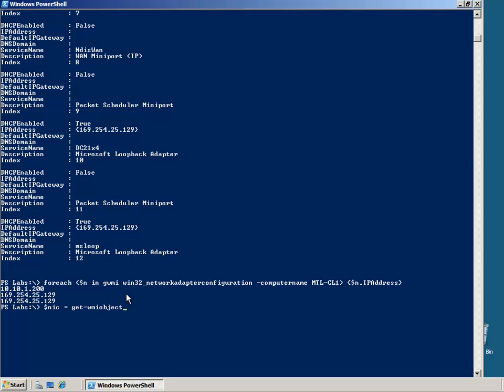Now we are creating the variable called NIC, or network interface controller. We are using the Get-WmiObject command, which is absolutely the same as gwmi. gwmi is just an alias for Get-WmiObject. We are using the same Win32_NetworkAdapterConfiguration class, and we are getting the information from the mtlcl1 computer. So now we have that information. We stored it in a variable